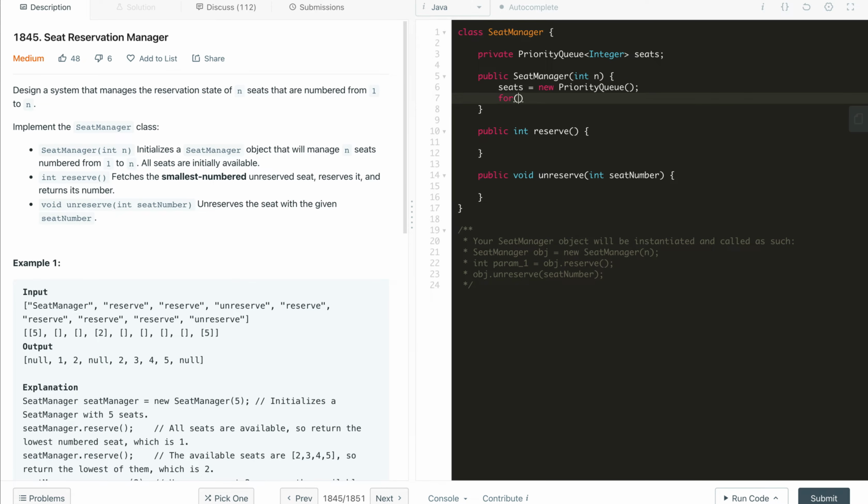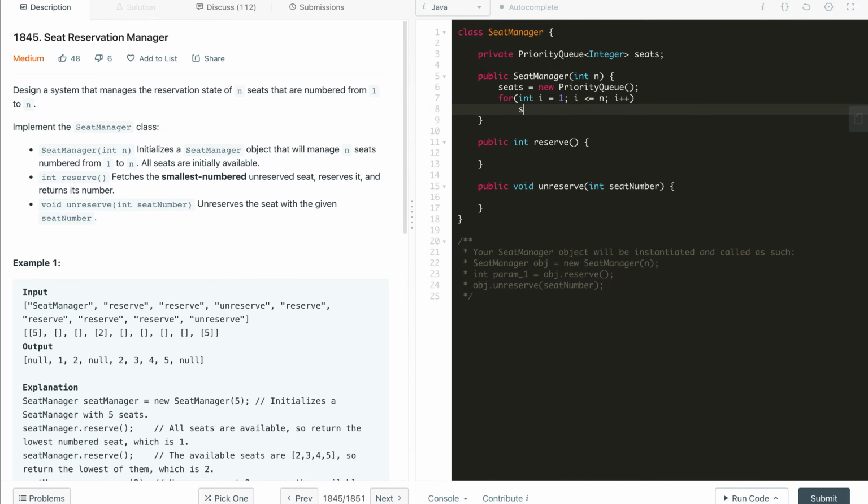For int i = 1; i <= n; i++, add the available seats: seats.add, or we can do offer into the min heap, seats i.